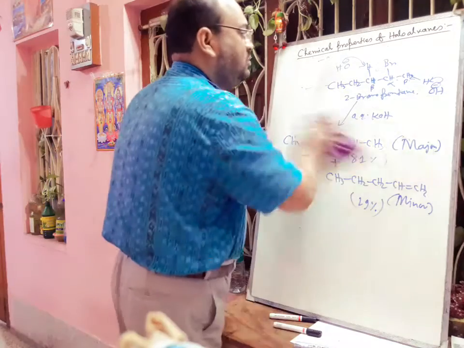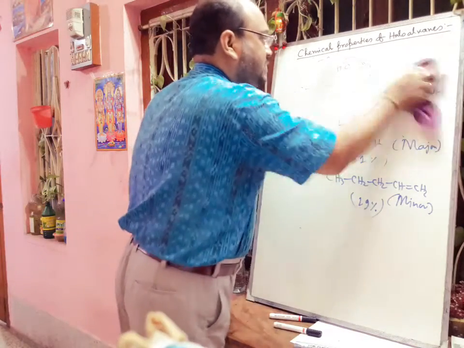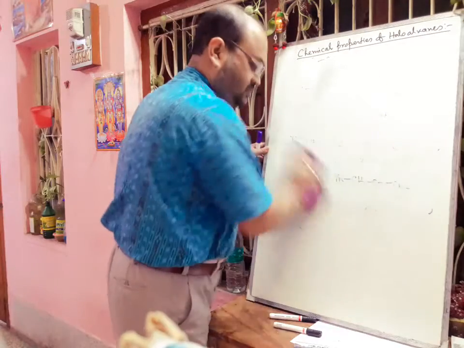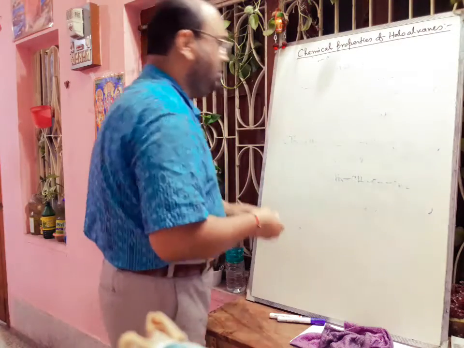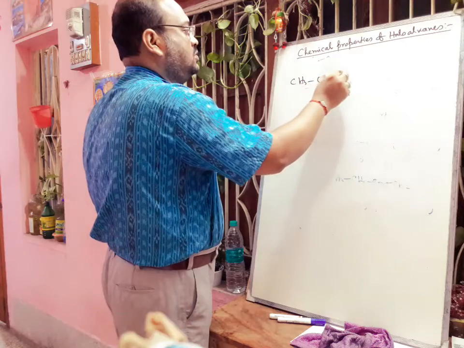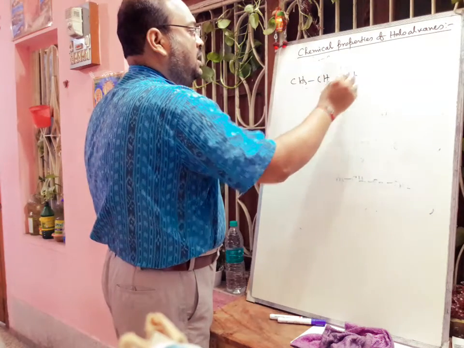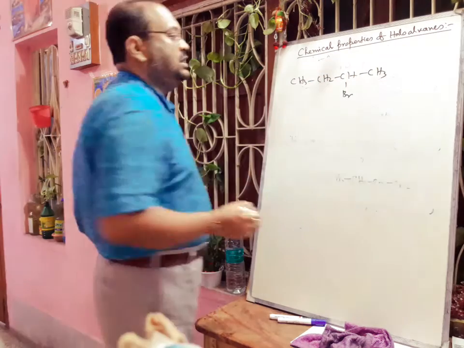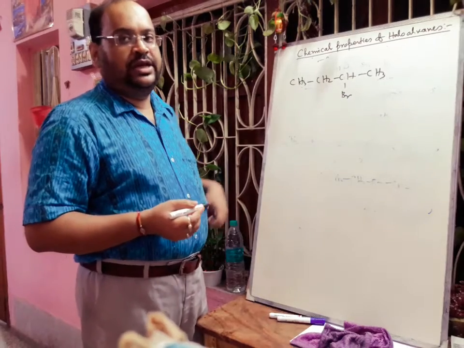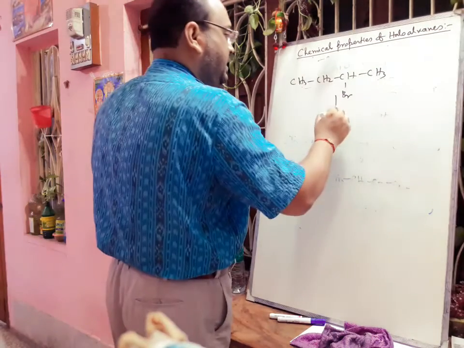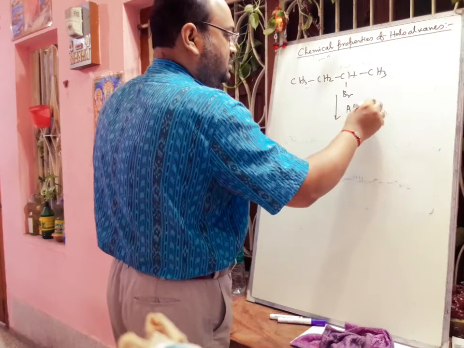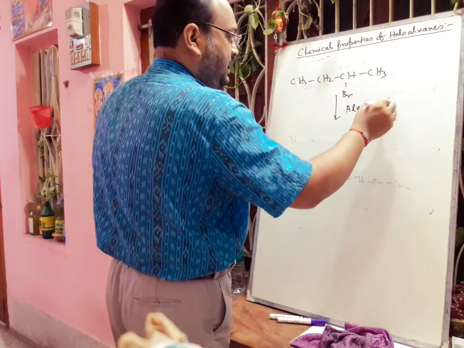Here also we have to take one example, then we can understand. If we take the example of CH3CH2CHBrCH3, this is 2-bromobutane. So in case of 2-bromobutane, if I give alcoholic KOH and apply heat,